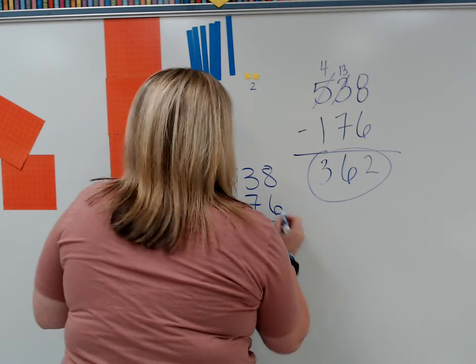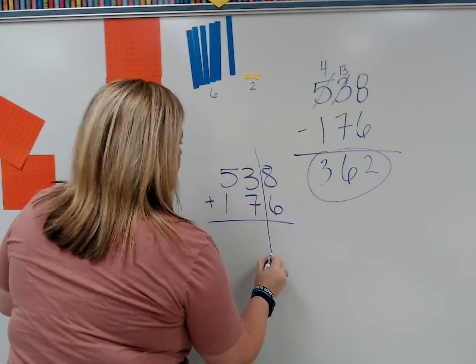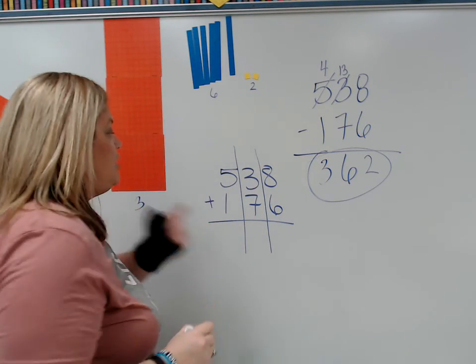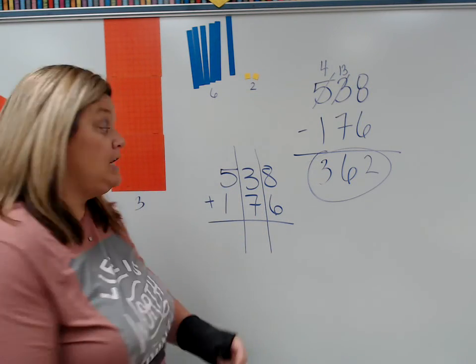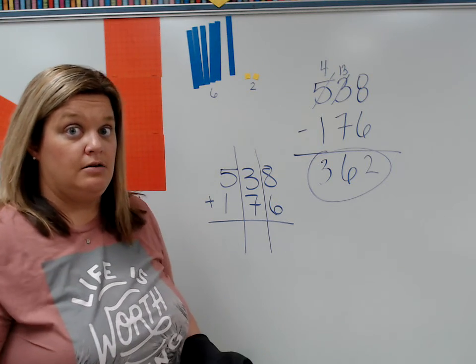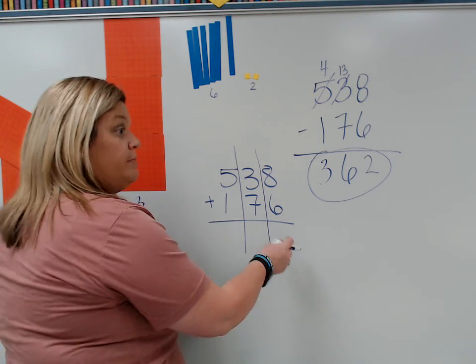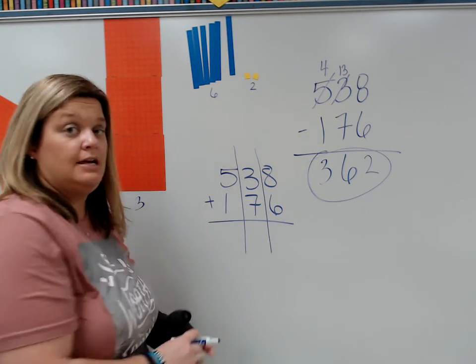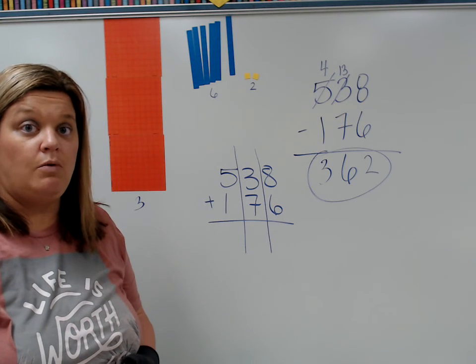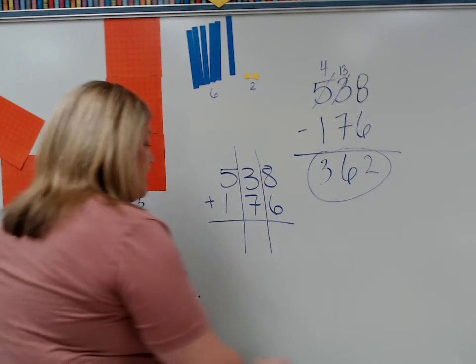I'm going to do addition first. Because in each one of these blocks, the number will not be greater than 10. I cannot fit a number greater than 10. So you put the number in the ones place down here and you kick up the tens place. That's how that works. And with subtraction,